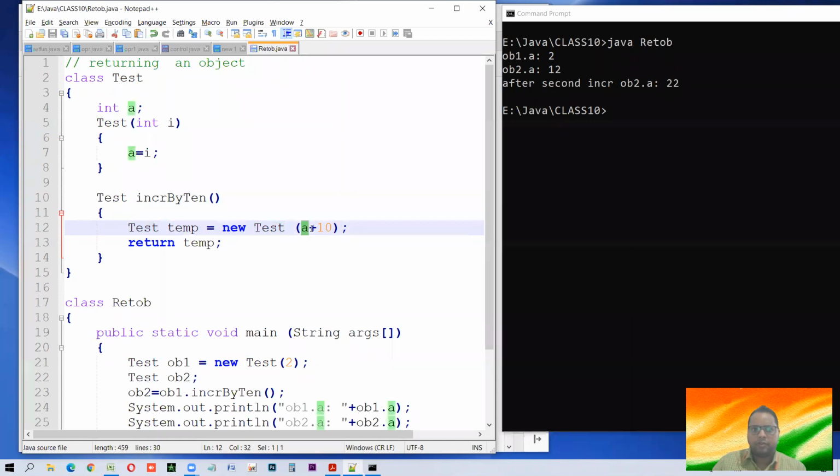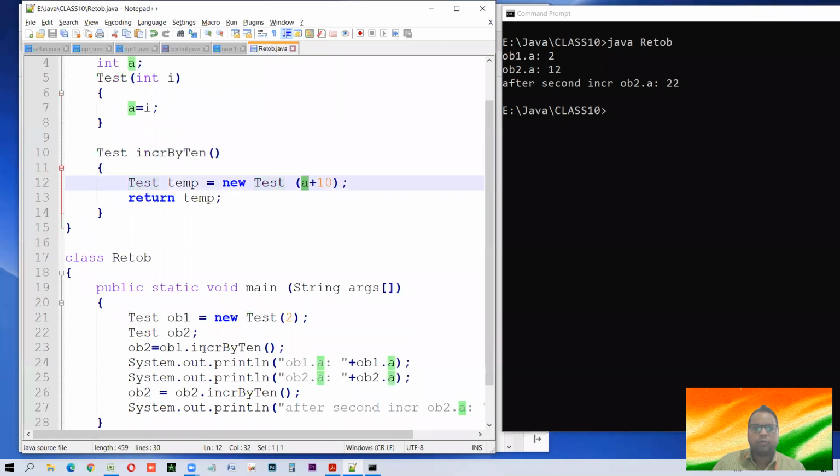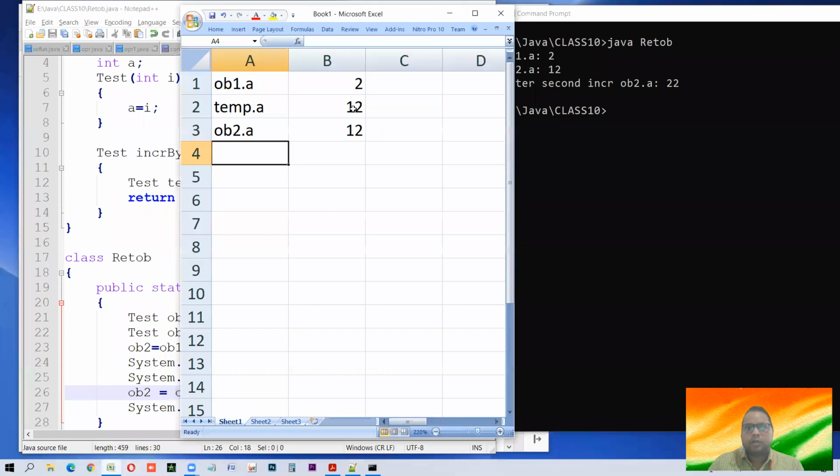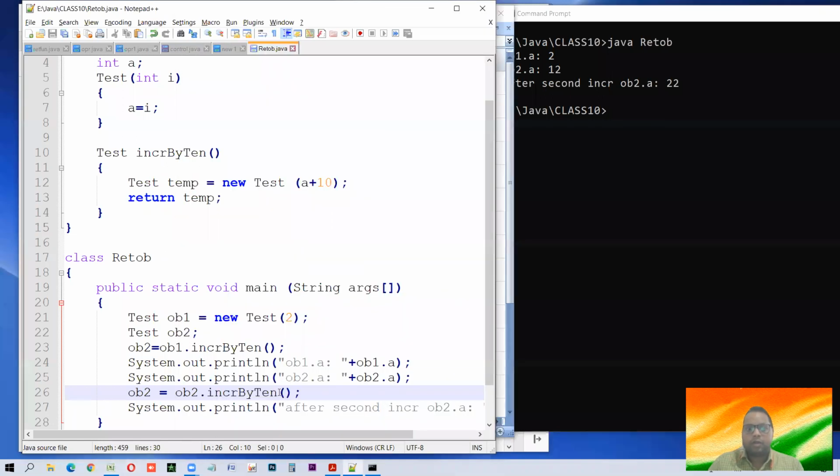So whatever the value of a will be, 10 plus उसमें हो जाएगा और उसे रिटर्न करेंगे और OB2 में वो आया और उसे हम लोग देख रहे हैं कि OB1 का वैल्यू तो 2 है बट OB2 का वैल्यू चूंकि 10 बढ़ गया है, उसमें कुछ भी करा सकते हो आप. Now next time when we call, this time OB2 dot a's value is what? 12, and again we are calling it.